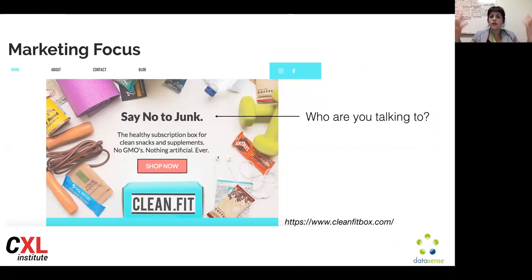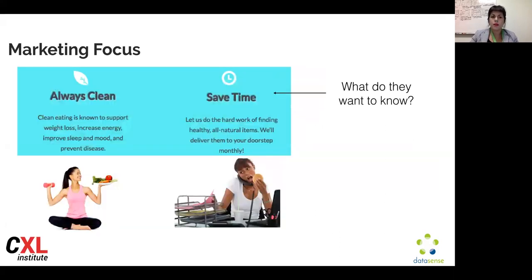So if you don't have a persona crafted, it's going to be hard, and you might end up making the mistake of sending mixed messages. And we know that in marketing, it's not good. You want to have a very consistent message that appeals to a very specific type of audience, right? And so an example of that is again the health message versus the saving time message.